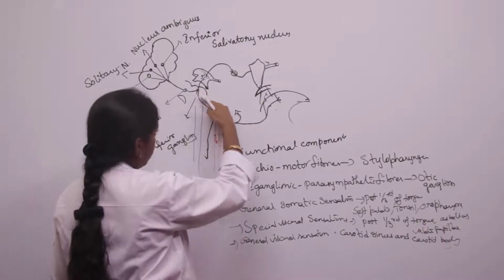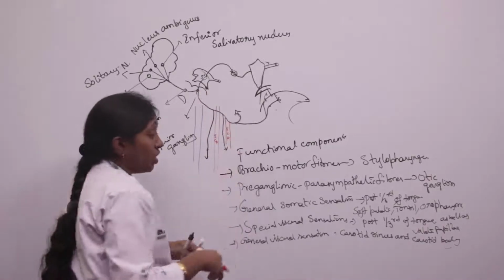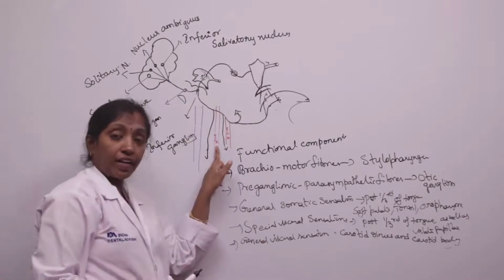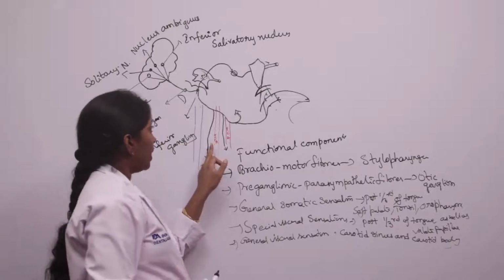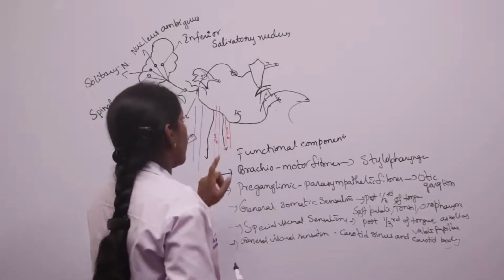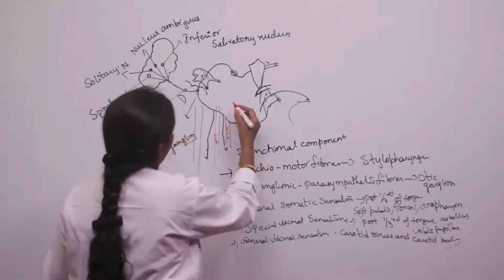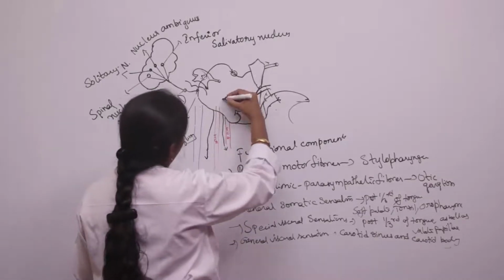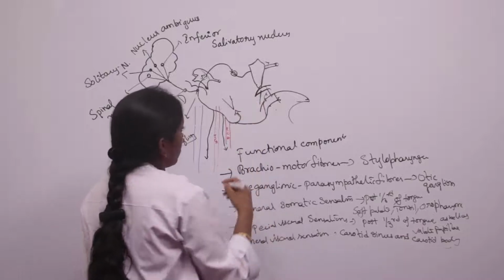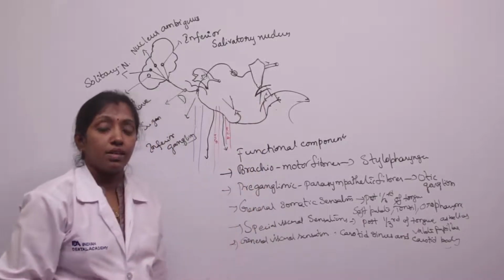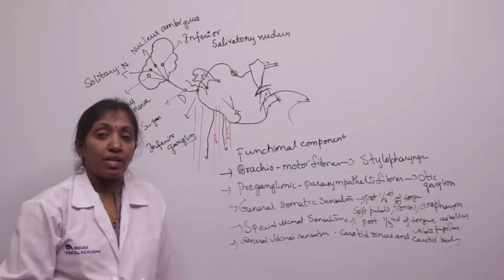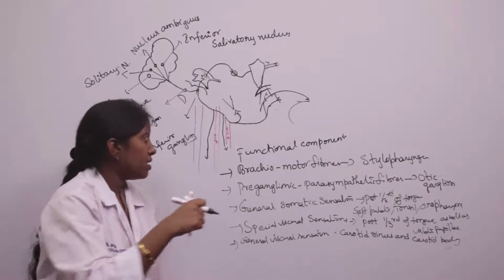Okay, here. So, the glossopharyngeal nerve runs downwards, passing in between the internal jugular vein and internal carotid artery, and then between the internal carotid artery and external carotid artery. Here the glossopharyngeal nerve passes deep to the styloid process as well as the styloid group of muscles, and it passes deep to